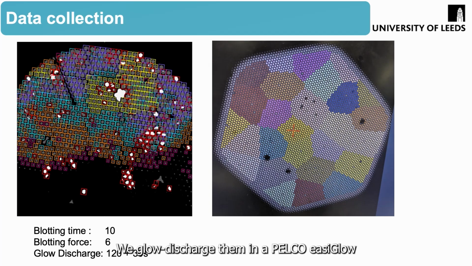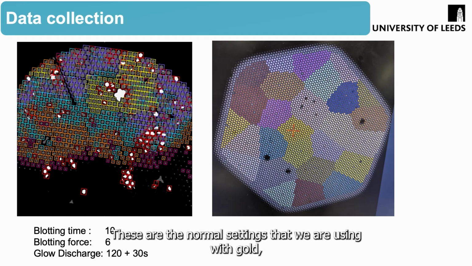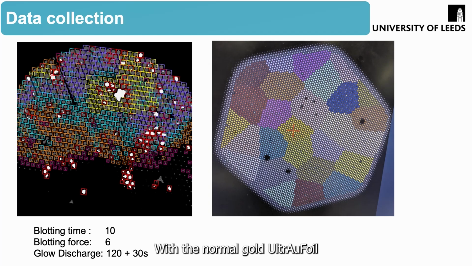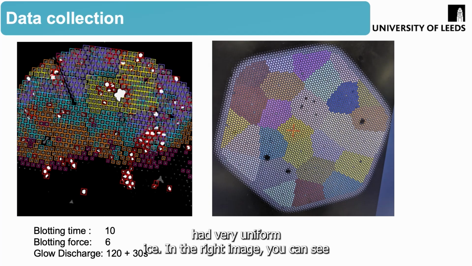We glow discharge them in a Pelco Easy Glow with the normal settings, 2 times: once for 120 seconds, followed by an additional round for 30 seconds. These are the normal settings that we are using with the normal gold UltraFoil. As you can see, we got a very nice ice gradient, and all the holes in a hexagon had very